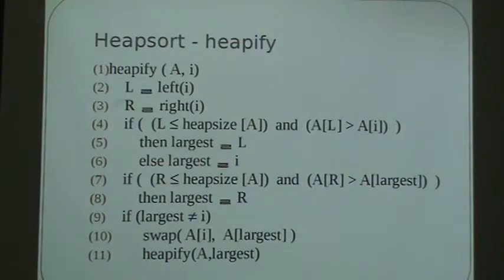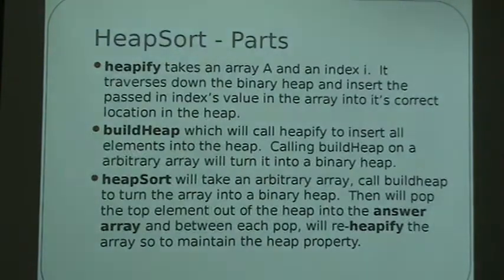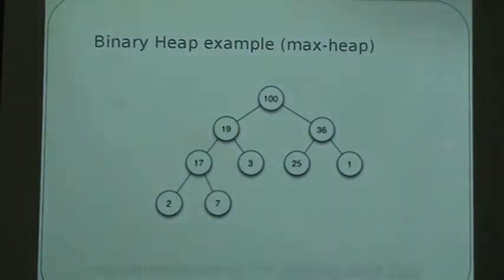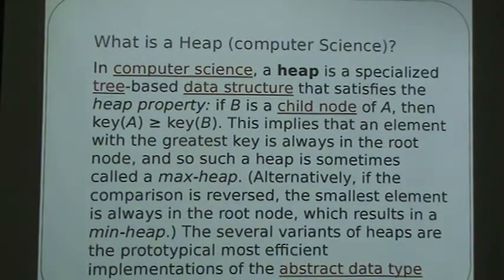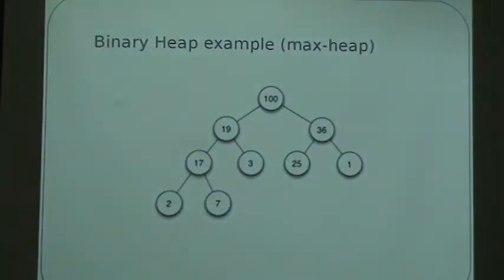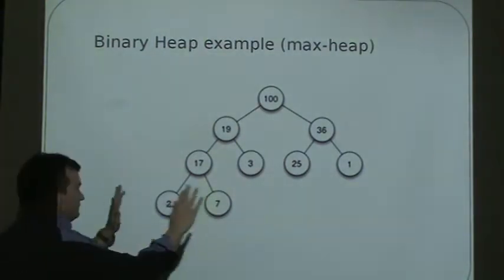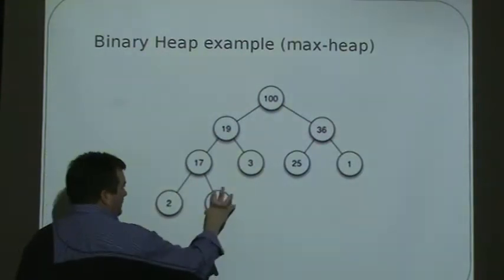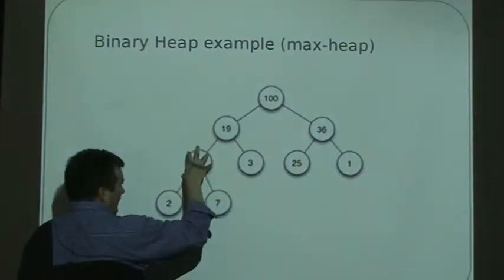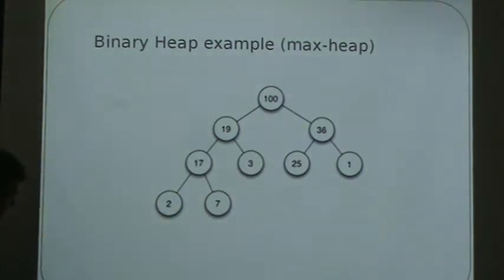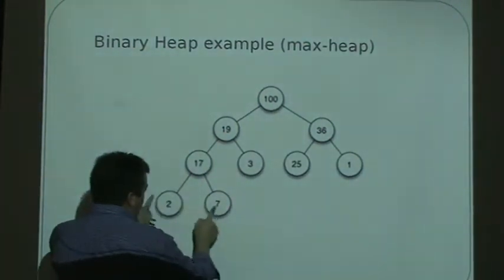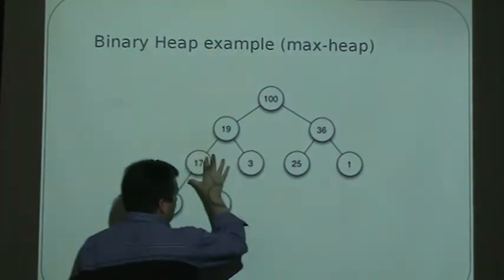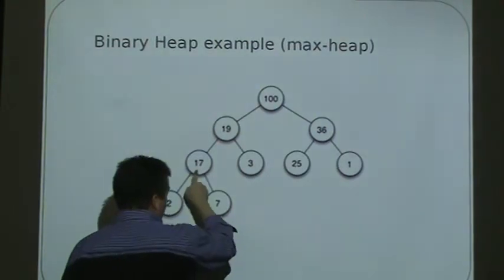So for example, heapify, let me go back to our heap. The way the algorithm would work, suppose this wasn't a heap, suppose this was just a collection of random numbers. What we're going to do is we're not going to call heapify on the bottom leaves. We're going to call heapify on any node that has children. And what we'll do is we'll say, out of these 3 nodes, let's put the top number here. Then call heapify, so we're just going to work starting from here and then going backwards all the way